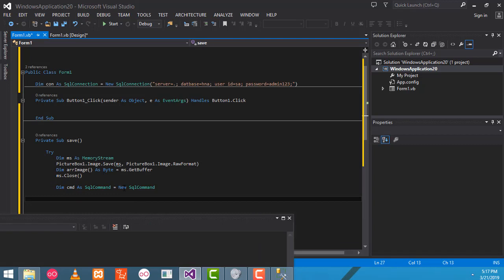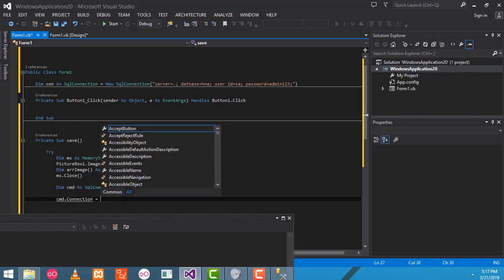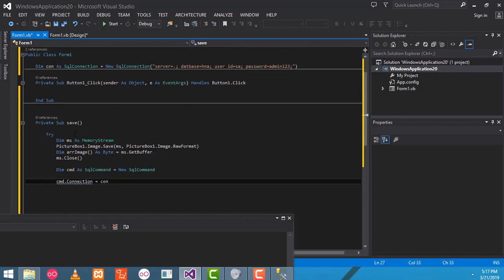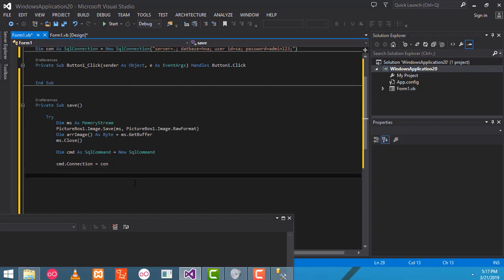After that, cmd.Connection = con. I'm going to give the connection object to the command. After that, I'm going to write the query: cmd.CommandText equal,